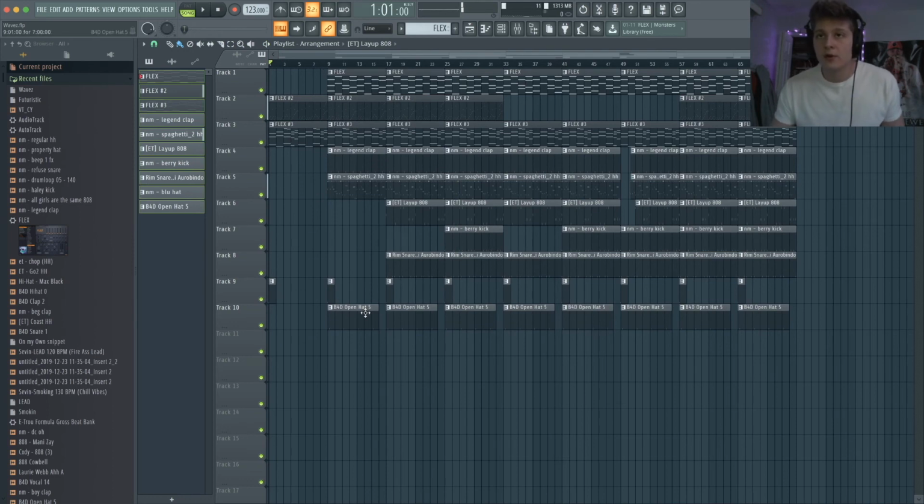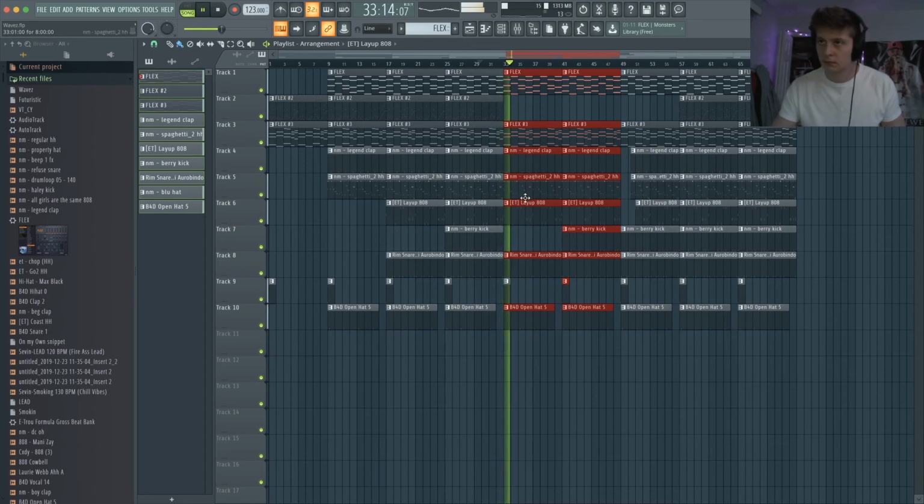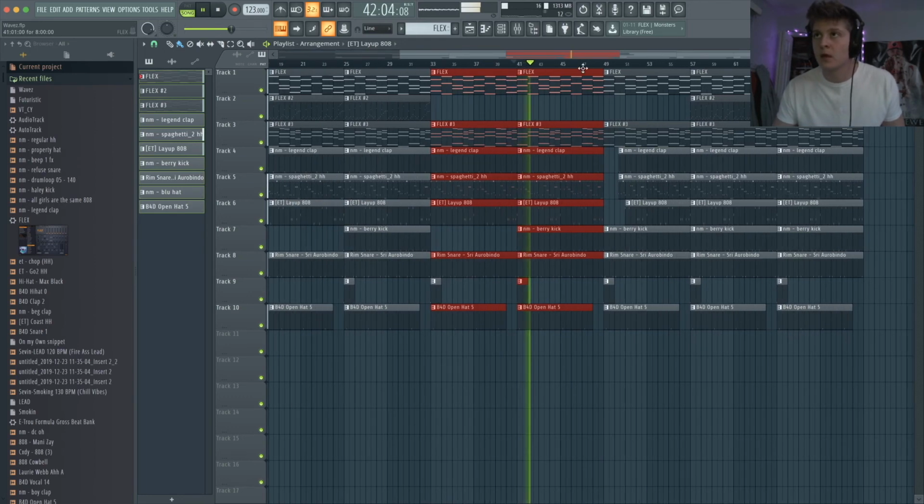Okay, so we got intro and then kind of more of an intro here, and then we got the hook here, and then we got the first verse here, and for the first verse it kind of changes up. I took this instrument out here, so it kind of loses some energy, and then second half of the verse, and then here,